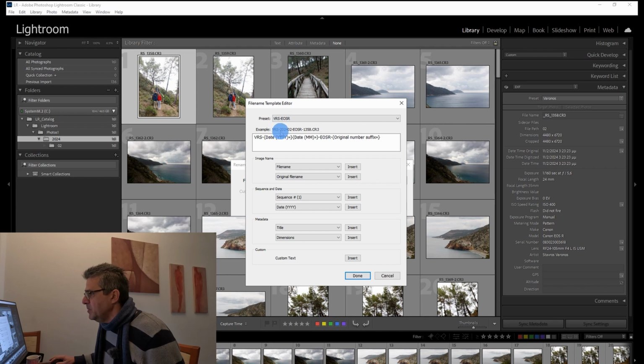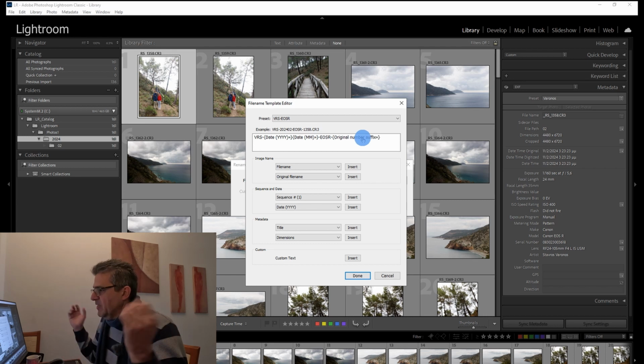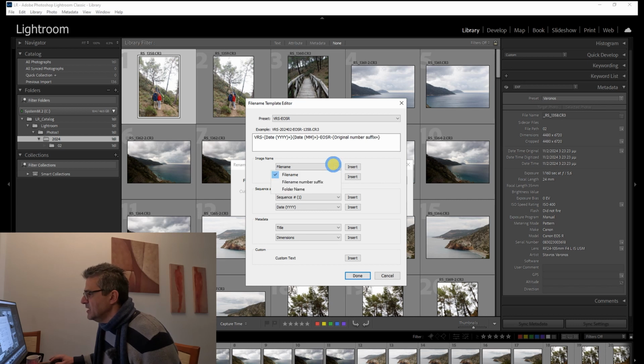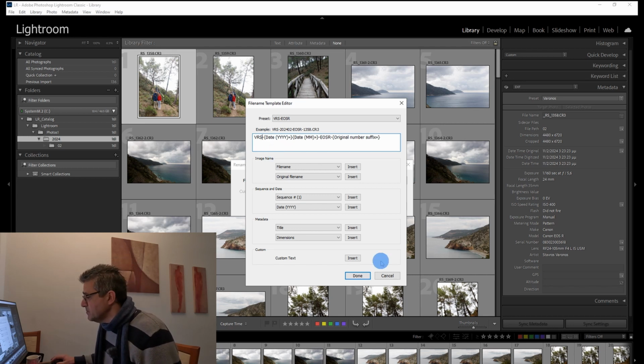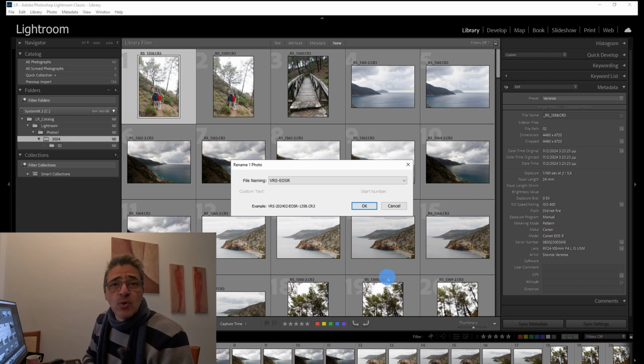I put my name, then I put the year, then I put the month, the model, and just a suffix that has to do with the original number. And that's it. You can create different options here. You can insert it, write something if you want. You can create a template in any way that suits you, and then just click done, and you will have a template and magically have all of these